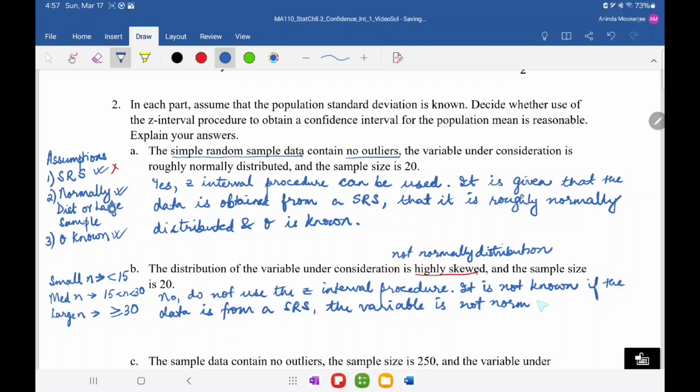It's given to us that it's highly skewed. And also the sample size